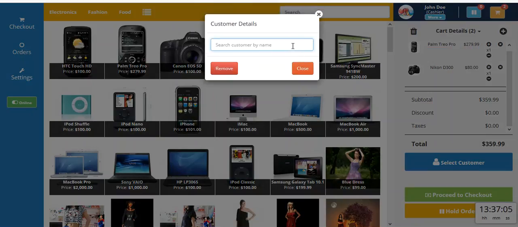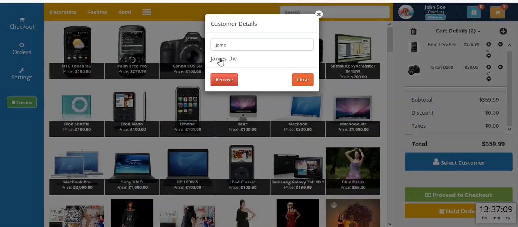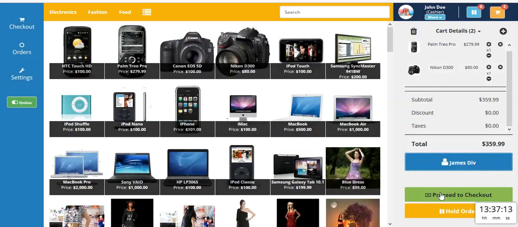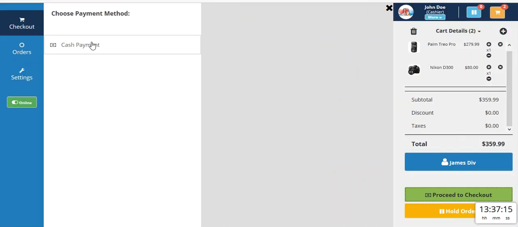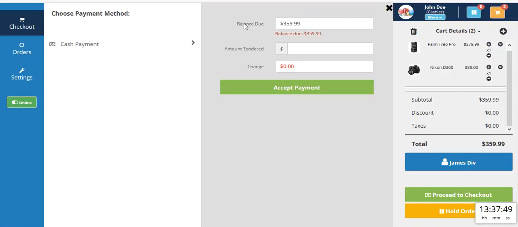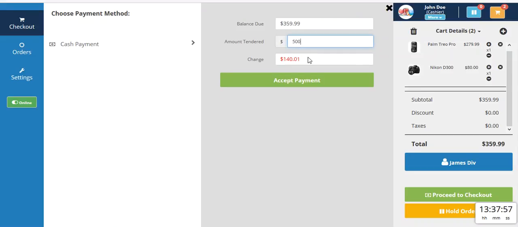So you just have to enter the name, like I have entered James. And now you can just proceed to checkout. I will select cash payment, and you can see the balance due. Here you have to enter the amount which the customer gives you. So for example, I enter 500, so I can see the change which I have to give back to the customer,